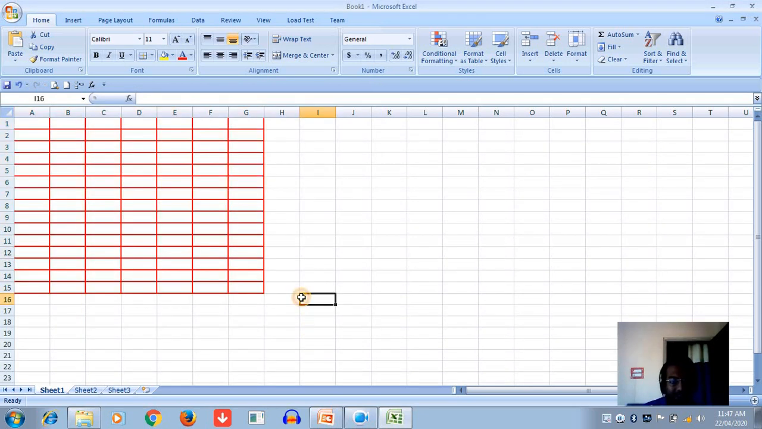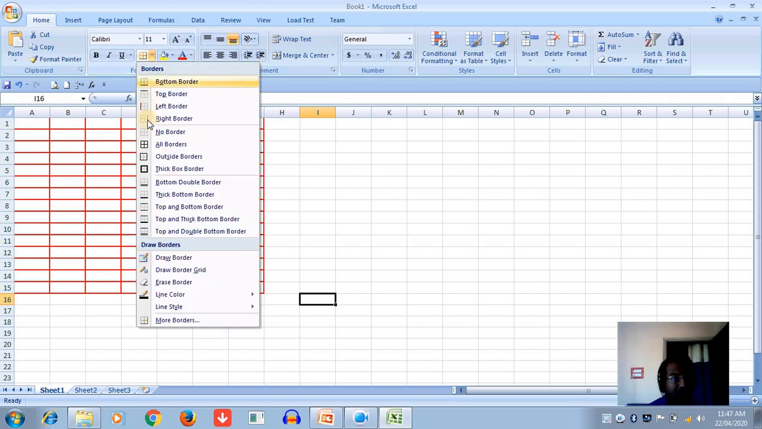So you can see the border has come around the cells. That is a very simple process for adding a border. You can also select the all borders option, and the border automatically comes directly. So next,